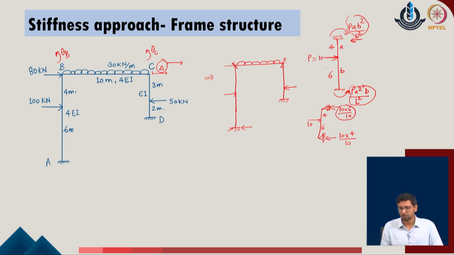Now, these are the reactions which are typically provided for a pin jointed system, but once we have a fixed ended system like this, we have evaluated the end moments, and along with these end moments, the imbalance amount of the reaction also needs to be added in these parts to define the net reaction of the given system. So, with this idea in mind, we will try to calculate the end reactions in each of these systems which we have identified. This will be our first system which we define as a fixed ended system of the given problem.